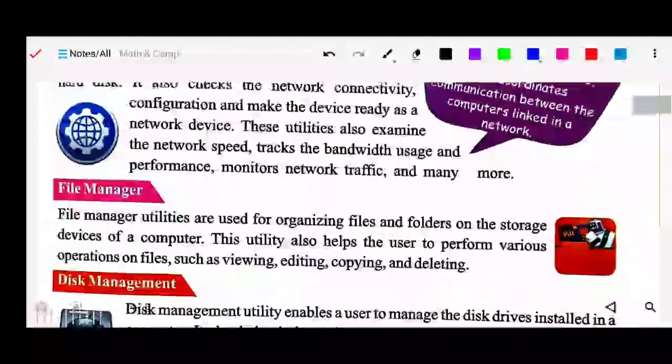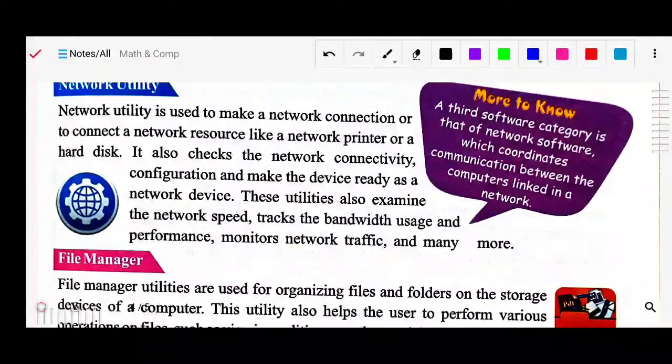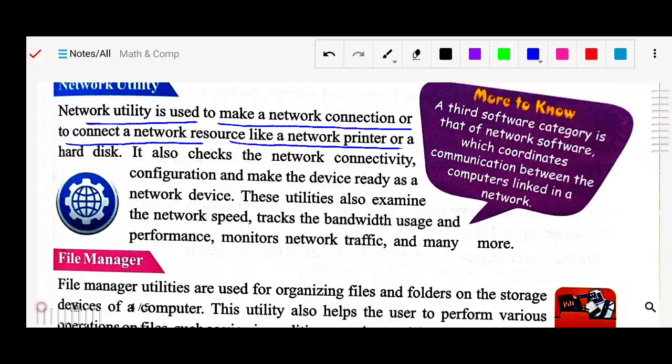The first one is network utility. This network utility is used to make a network connection or to connect to a network resource like a network printer or hard disk. Means whatever peripherals are connected to your computer come under the network. To maintain these resources and connections, we need the network utility.